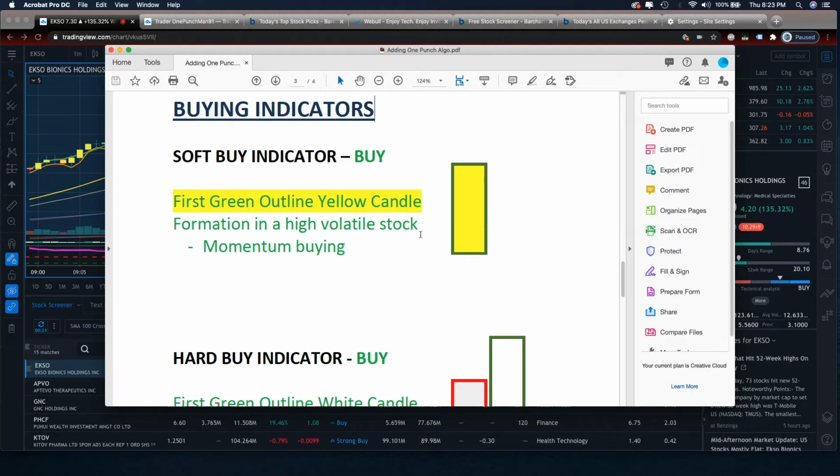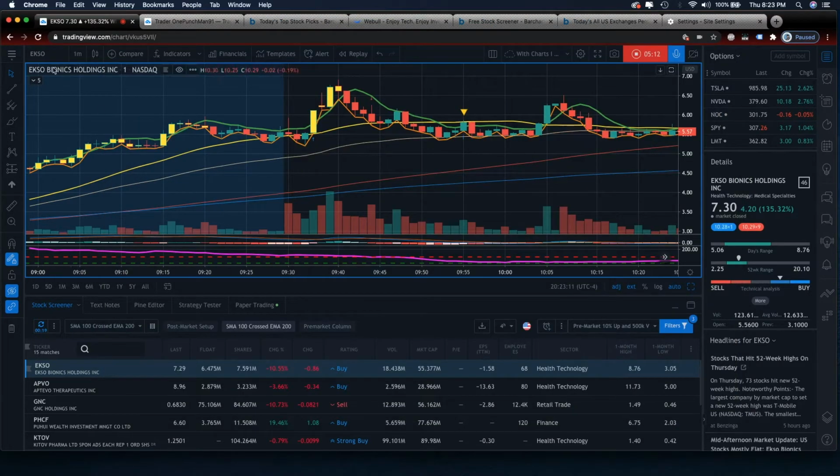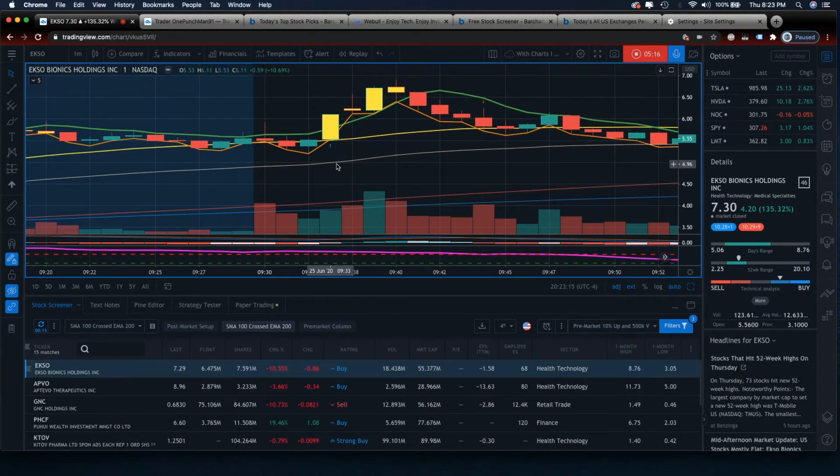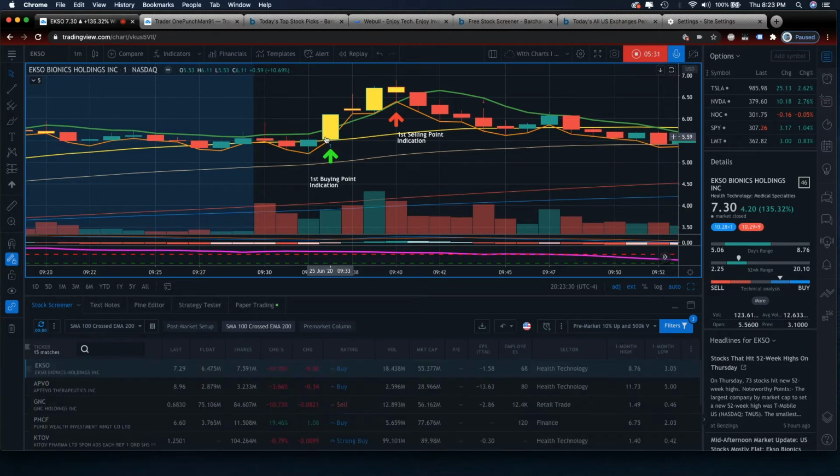So let me show you what this is for today's EKSO stock. And so I'm gonna create some of the artwork I did here. Right, so here this is the momentum stock buying indicator. This is soft buy. As soon as you see,